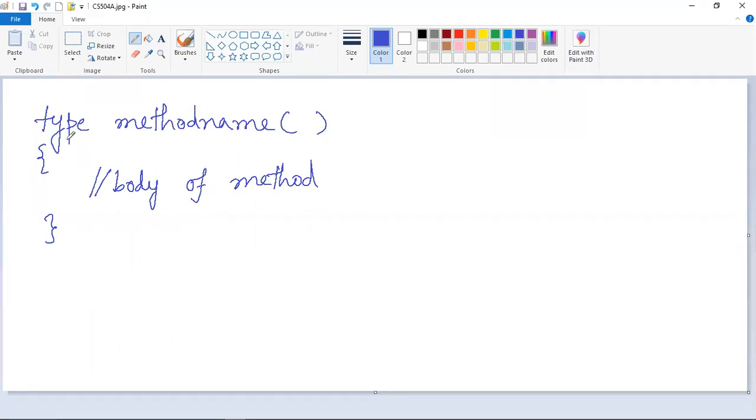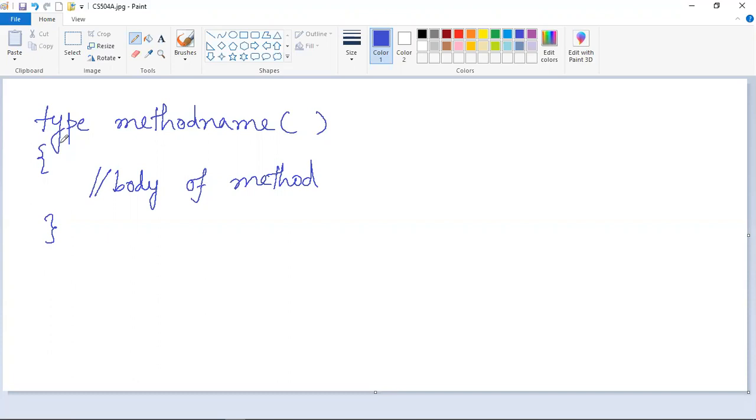Now the type here defines the return type of the method. We all know that the functions that we have learned in C or C++ languages are known as methods in Java. So we already have a basic concept of functions and how they can be used, and what the form of a function in C or C++ can be. The same concept we will be learning today, known as methods in Java. You have already learned about the return type of a function in C or C++ languages, so the same return type goes here also in case of a method.